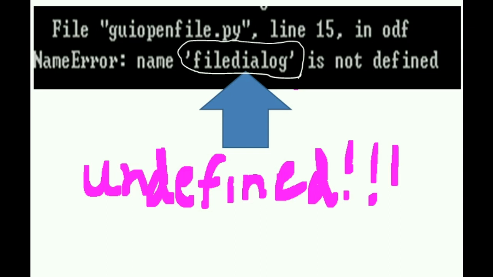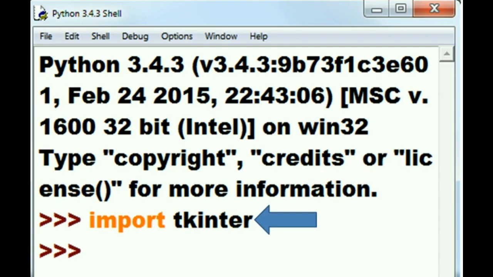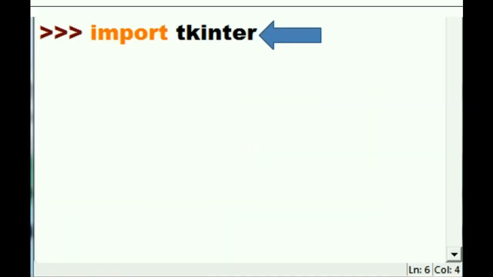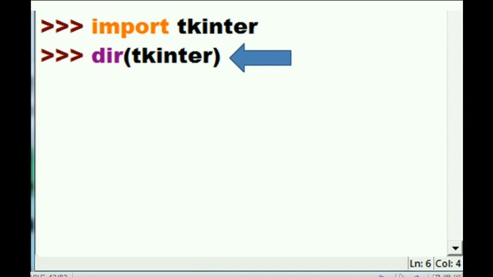Undefined equals it's not been imported into the system. So where is this file? Let's go to IDLE and find out. So I go to IDLE and I import tkinter. Now I want to see the module contents, so I key in dir of tkinter and